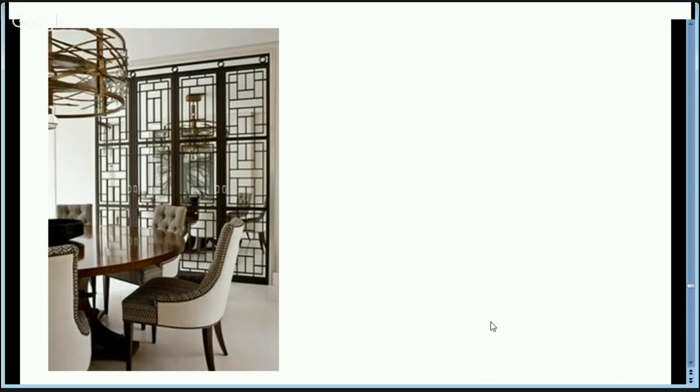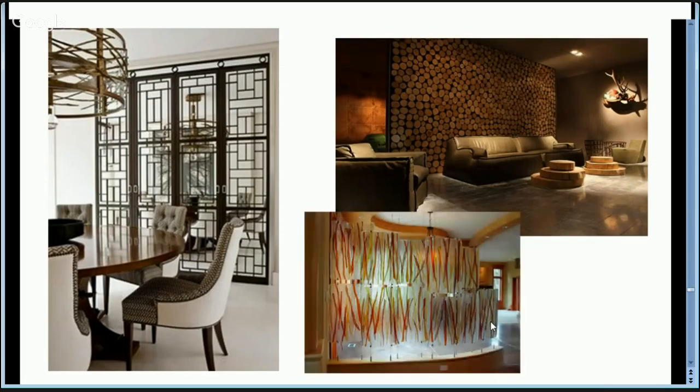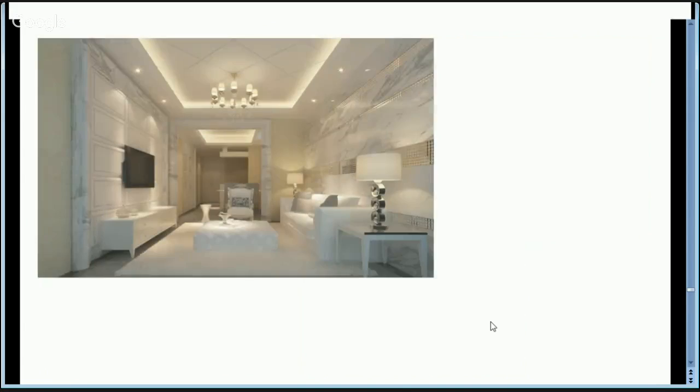So again, looking at the different types of materials, you look at how to work with metals, how to work with wood, how to work with glass, and you'll learn about the different factors that control whether or not you can work with a material. There's a million and one things that you wouldn't even consider. I mean, if I look at this image here, on the right-hand side,